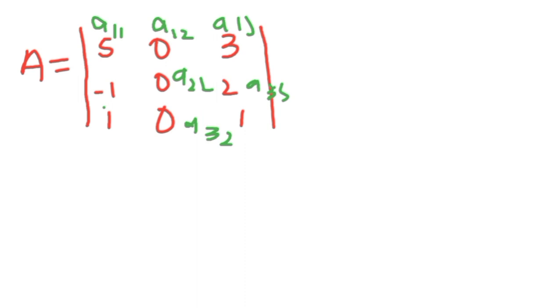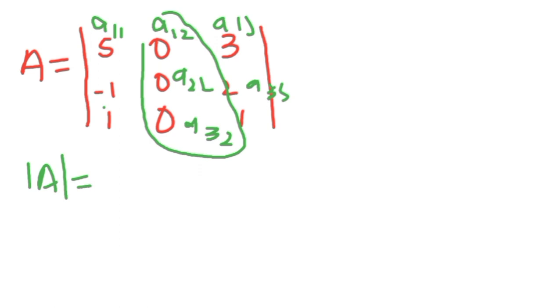Now we can find the determinant of this matrix by taking the determinant along the second column, that is, along this very column. Then the determinant of A is equal to the first element of the column, which is our -1, multiplied by its cofactor. Our cofactor will be, we mentally delete the row and the column in which it appears and take the determinant of the remaining elements, that is [0, 0; 2, 1],